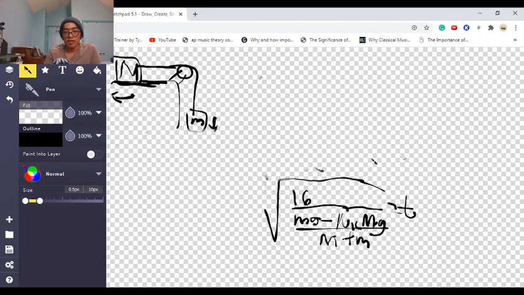Let's just call this time original, 0 for original. Now, the final time, or the time it takes to travel that on a smooth or frictionless surface, is going to be 16